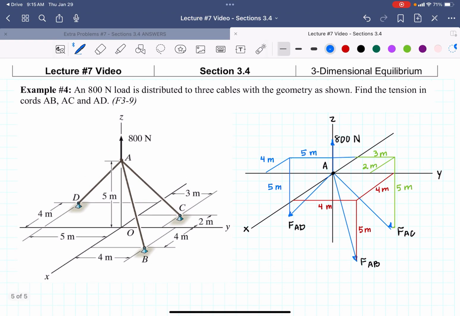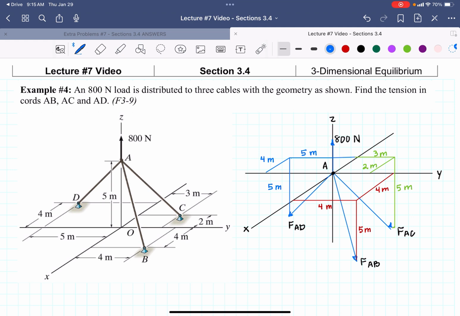This video is for example number 4 in lecture number 7. This one is kind of hard to visualize, so I drew the free body diagram to the right already for you so it wouldn't take up so much time. Each of the different colors represents where the different vectors are. So if you look at which quadrant they land in, it will help you better picture how they look